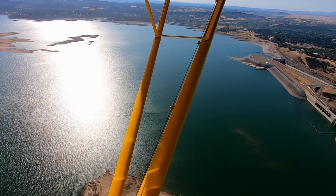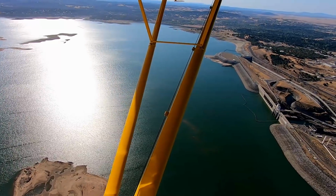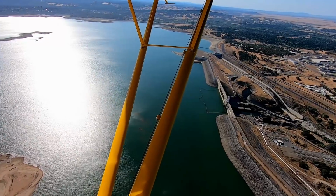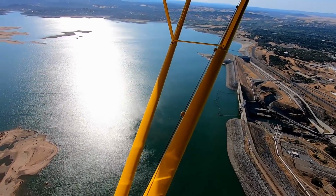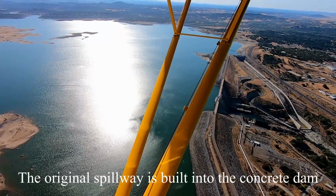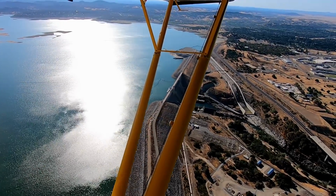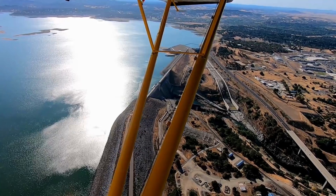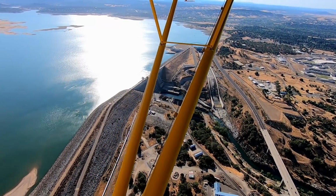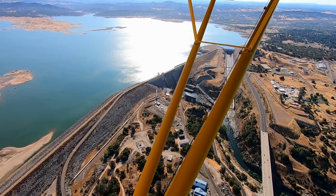Look at that, you can see rocks right here near the base of the dam. So there's the new spillway, new and improved spillway section here at Folsom. Double check for traffic. Which allows the release of water sooner out of Folsom Reservoir. We'll take a lap around the